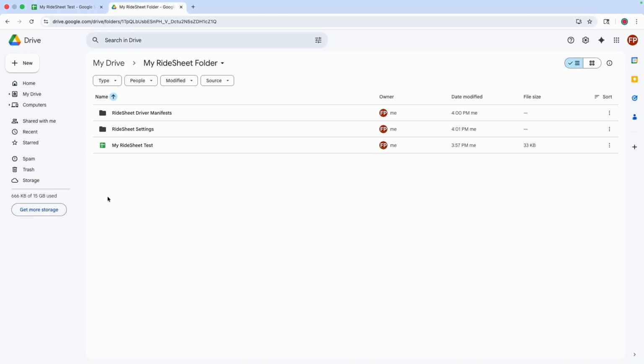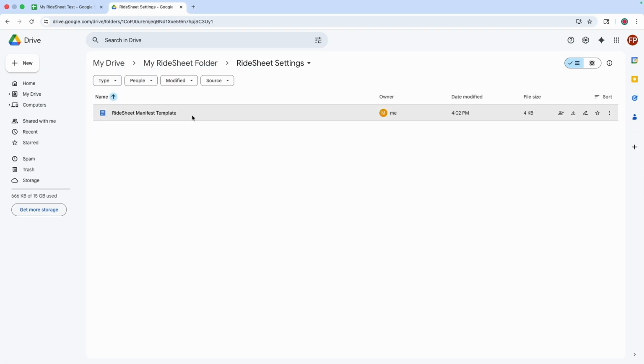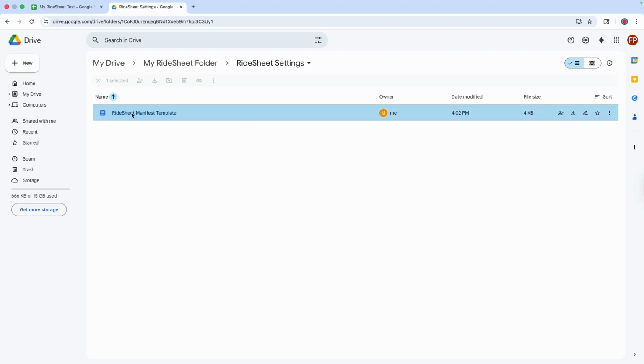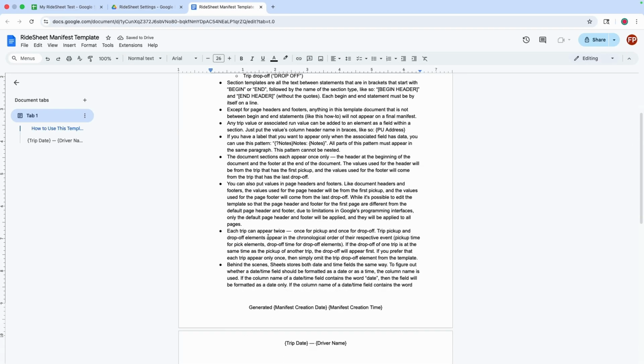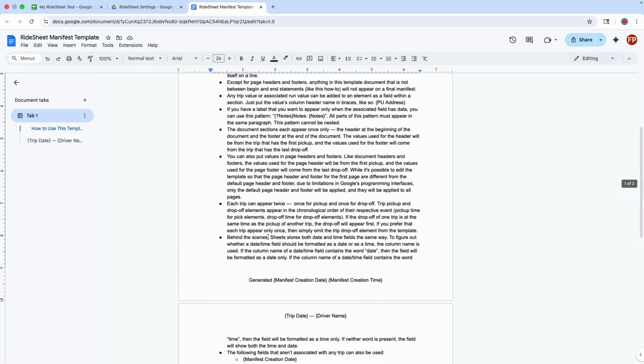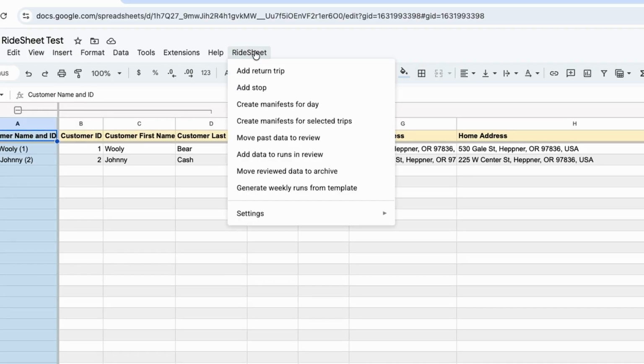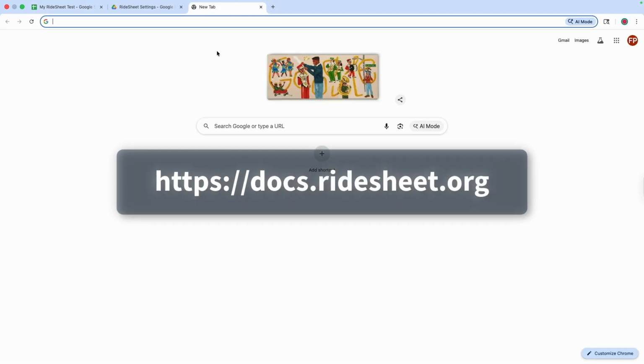Let's go back to Google Drive and into RideSheet settings. And now there is a RideSheet manifest template. That is something you can use to format how you want the driver manifest to look. And you're good to go. This is now a fully installed test version of RideSheet. I'm going to refresh this, and you'll see that now that everything's set up, we have the RideSheet menu, but now the new install menu is gone. And now let's go into